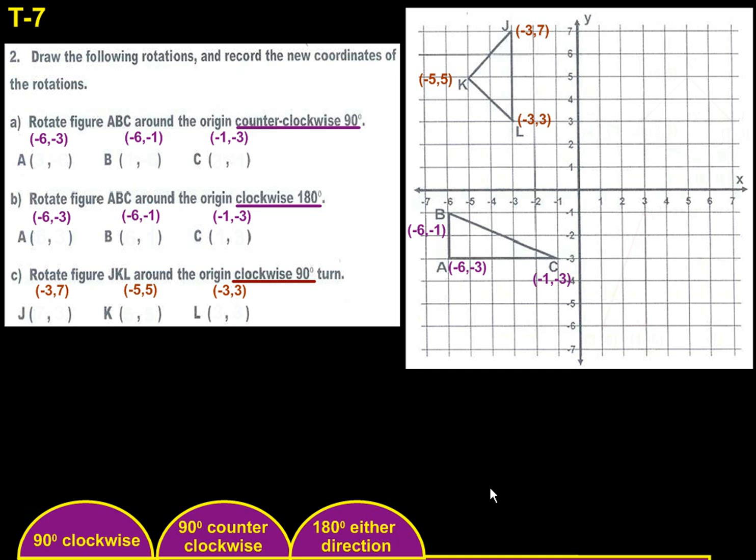And we're going to do all of number 2. Number 2 states that you should draw the following rotations and record the new coordinates of the rotations. We're starting with figure ABC. For A, rotate figure ABC around the origin counterclockwise 90 degrees. So if we're moving something counterclockwise 90 degrees,